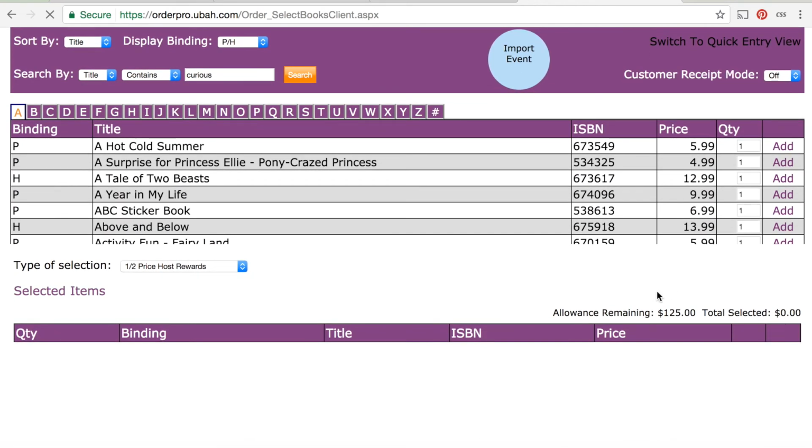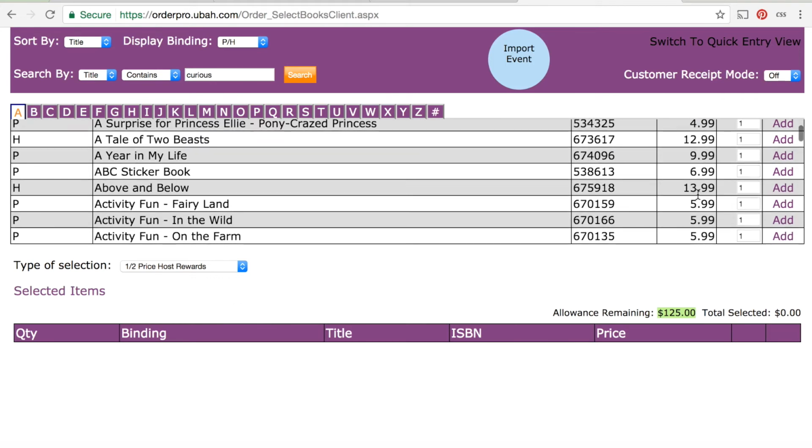and it will tell you how many half-price books they've earned. And so what this means is if they've earned $125 in half-price books, they can pick out $125 and pay half the price of that. So that's something to note to your hostesses, that they don't get to pay $125 and pick out $250 in books. Whatever the amount they earn, they get that amount and pay half of it. So let me enter in some